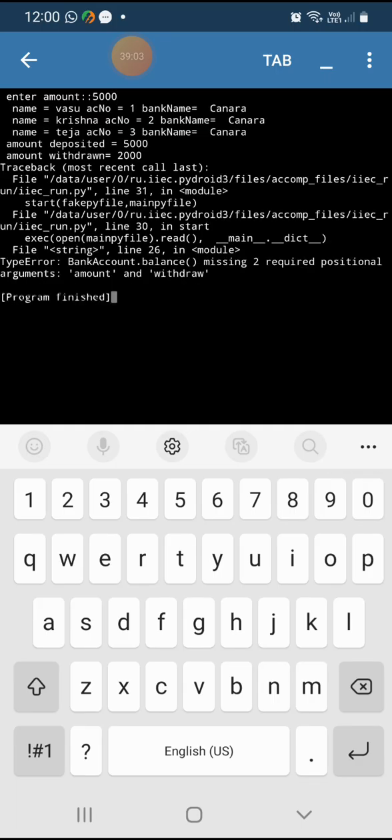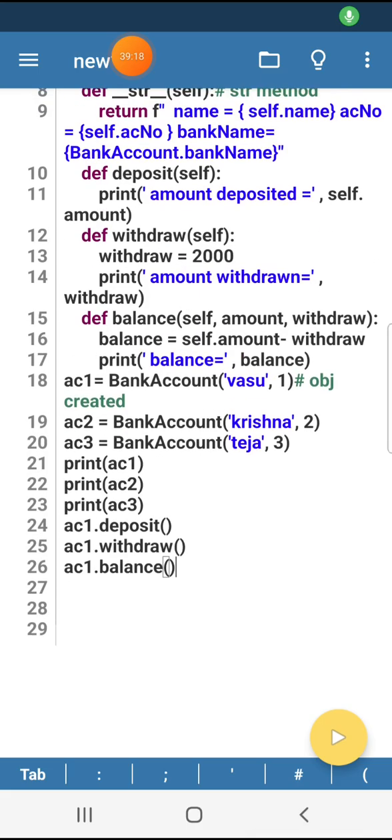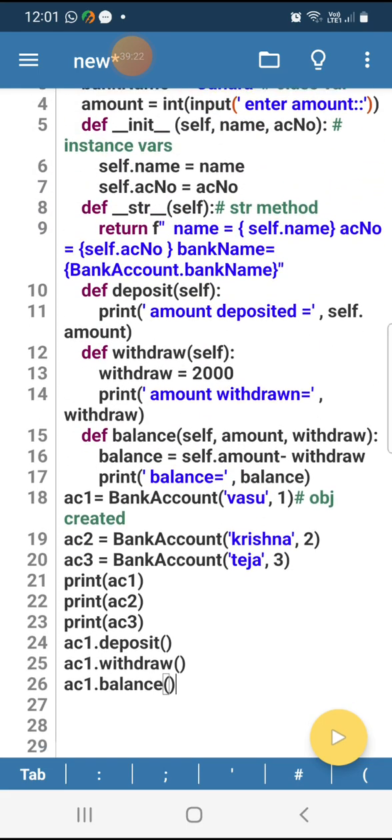It says: bank account dot balance missing two required positional arguments, amount and withdraw. In which line? The 26th line. In the withdraw amount I have passed withdraw as 2000 rupees. Okay, for the balance